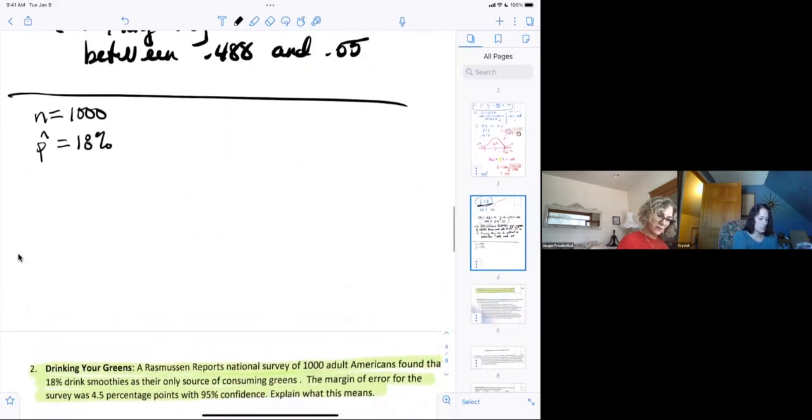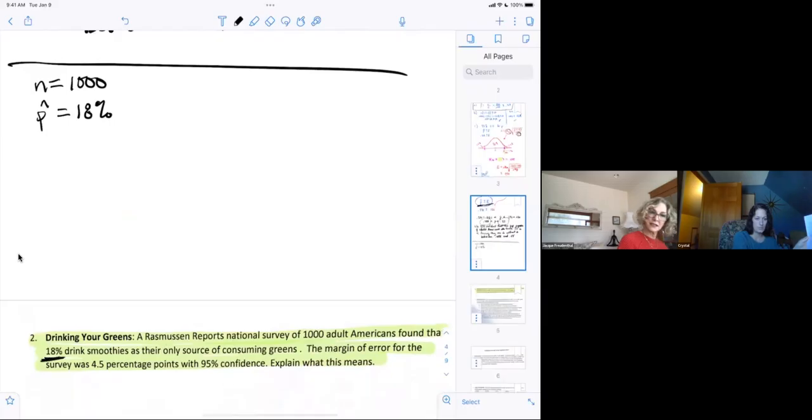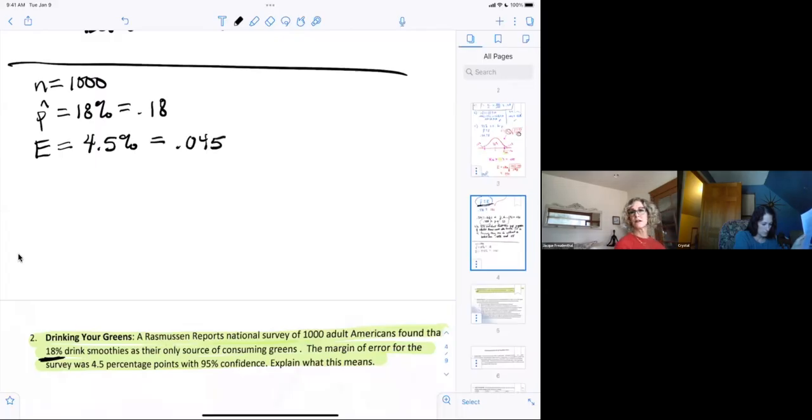This problem, we're not counting it because we're just given this percent. That still is our sample because a survey of 1,000 adult Americans found that 18%. So 0.18. We also know that E, the margin of error, is 4.5%, or the margin of error is 0.045. So my confidence interval, p hat